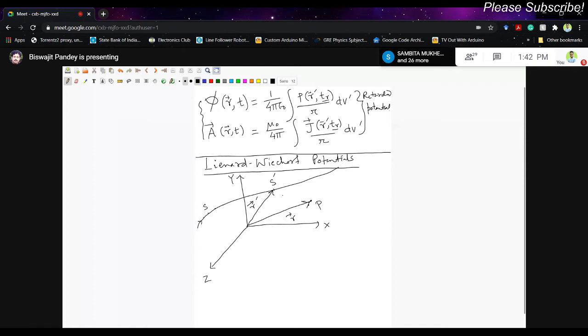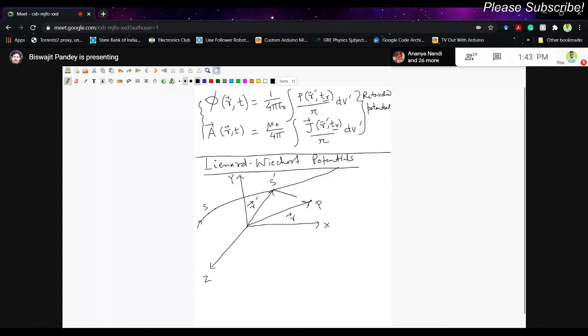Now at this particular moment, when I'm calculating the potential at this point P, suppose the point charge is here. I also showed you that at most only one point on the trajectory of the particle of charge q can be in communication with the field point at that present time t, because it takes a finite time, delta t, which is t minus tr, for electromagnetic news to propagate from r prime at the retarded time tr to the field point P at the present time t.